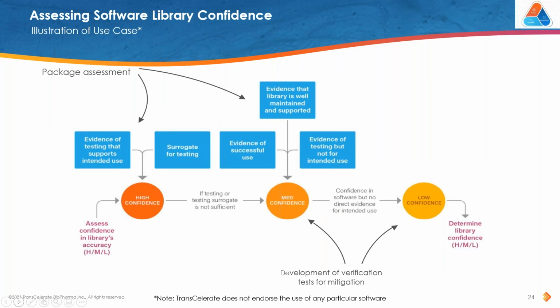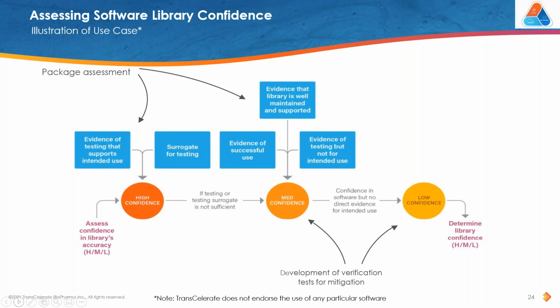Okay. Now we will split the confidence impact matrix into the confidence part and the impact part. We'll talk about assessing software library confidence on this page and the intended use and impact on the next page. As you can see here, when assessing any given software library for quality, we can classify a combination of attributes to denote a high, medium, or low level of confidence that the library can reliably deliver the functionality it proposes